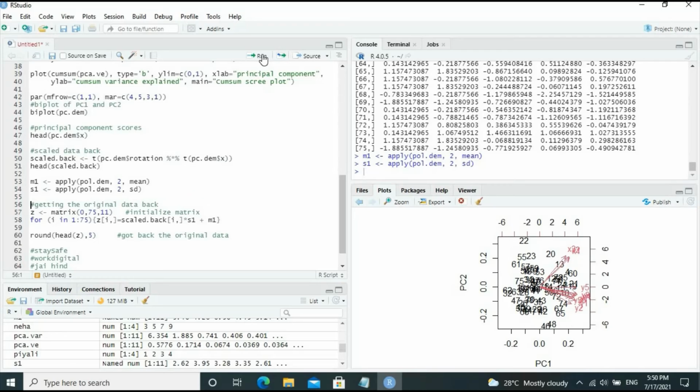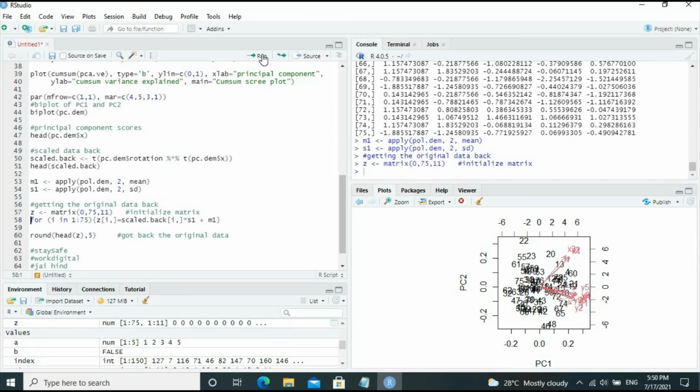Now let's initialize the matrix Z, which will hold the original data. Now let us use a for loop 1 to 75, and then multiply the scaled data by the standard deviation and add the mean for all the 75. So then round it off and then display the results.